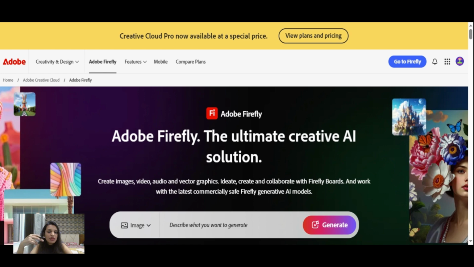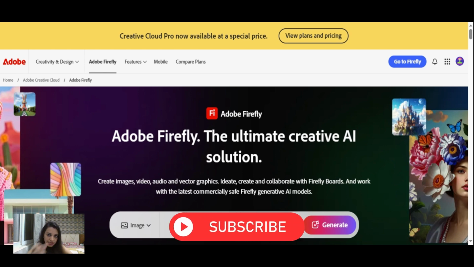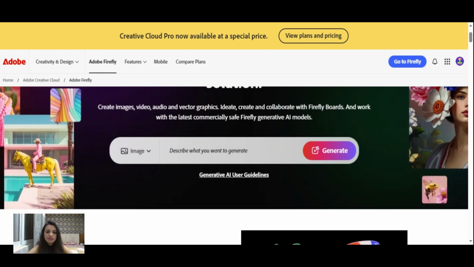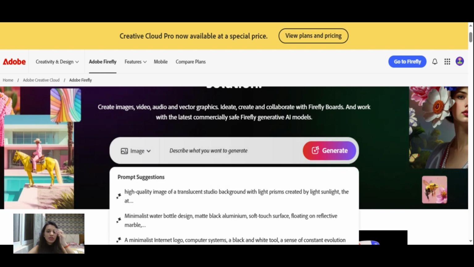I personally wanted to try this prompt because it has an emoji. It's not like you're uploading an image and expecting a result out of that image, but it's an emoji. Let's see if it takes this emoji or not. The emoji we are trying here is an avocado, which you can find in WhatsApp. I'm going to copy paste the prompt, and I'm going to include that prompt in the description below, so you can see for yourself.